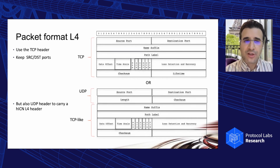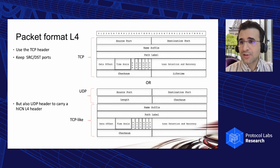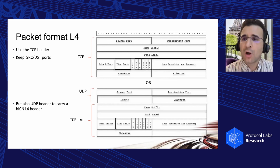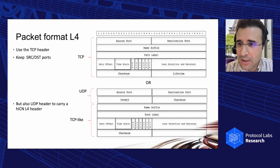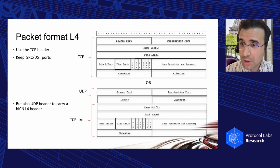If everything is just implemented in the endpoints, it's just natural, because if nothing is in between, the producer socket will always receive the request directly from the consumer socket. And so the request will store the IP address of the requester, and the producer can send the reply back directly by locator. If you have a middle box in between, the middle box is acting as a NAT somehow. In the case of hiCN, you can have as many NATs as you want, because the communication is connectionless. So it's not like in the case of TCP or UDP when you have to go across a NAT box. It's a little complex